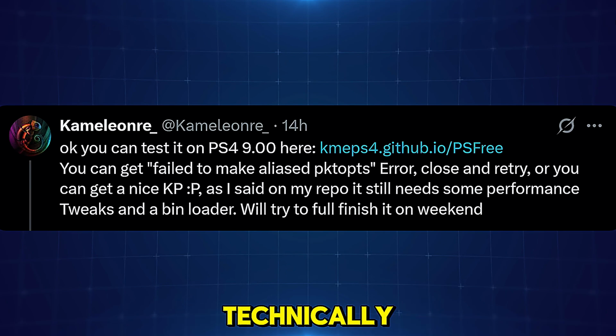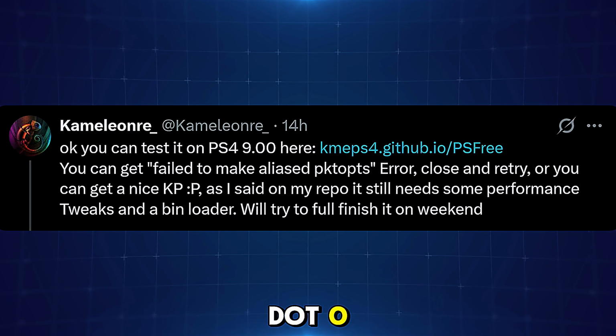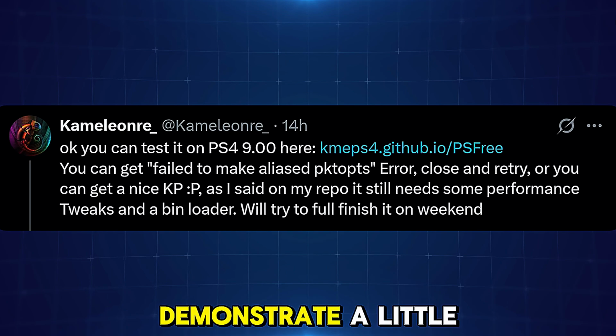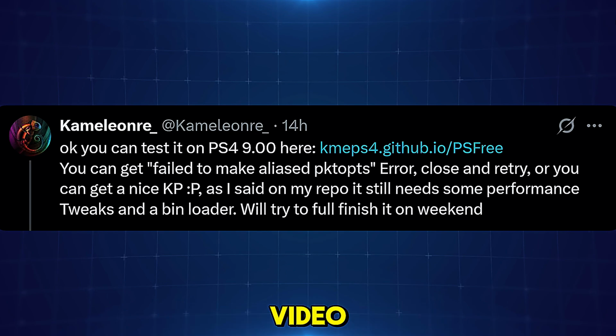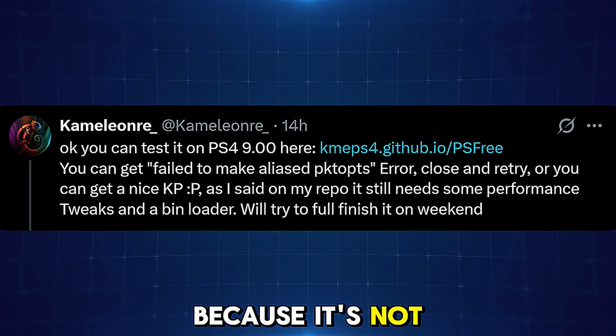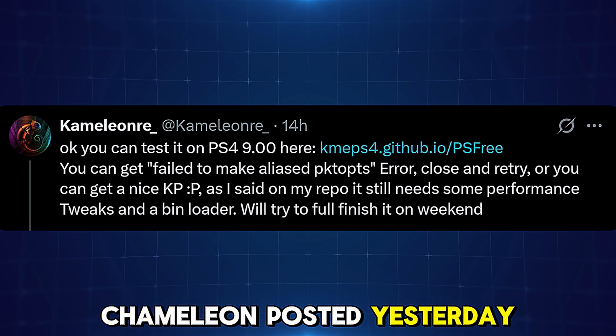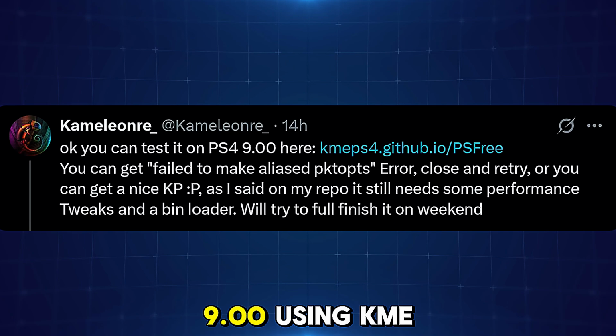In fact, you can technically get to the point of running something like HEN already on 9.0 without a USB, which I will demonstrate a little bit later on in this video. Obviously, you shouldn't really be using this because it's not stable at the moment, and it's still very much a work in progress. Chameleon posted yesterday that you can test on PS4 9.0 using